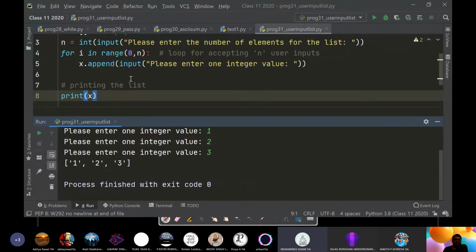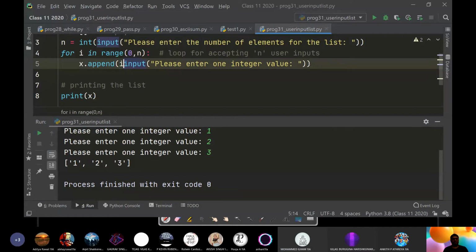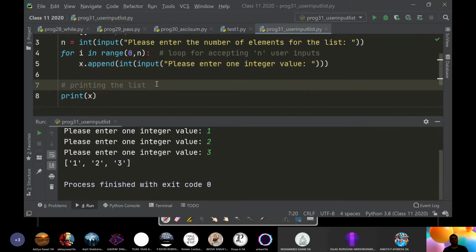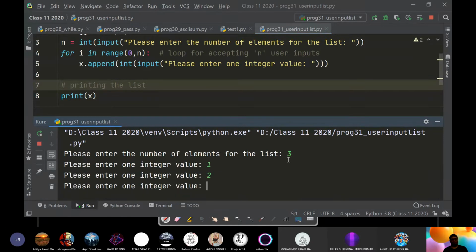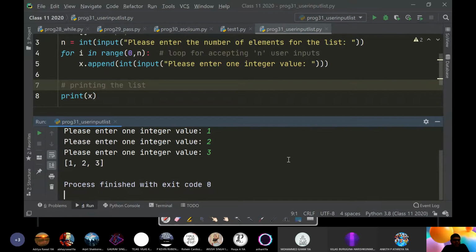Okay. So in earlier case, if you write int here and then run it again, let's say 1, 2, 3. Dekho, these elements are there 1, 2, 3, same, but they are not within quotes. That means they are not treated as strings. So this is a list of integers and the earlier one was a list of strings. Is it clear? Yes, sir. Okay. Yes, sir.